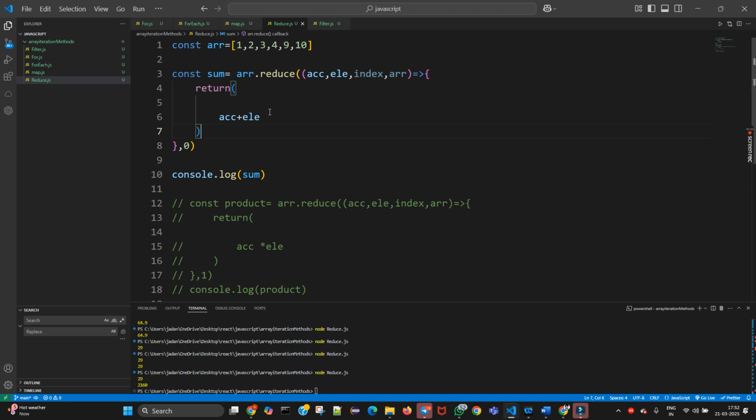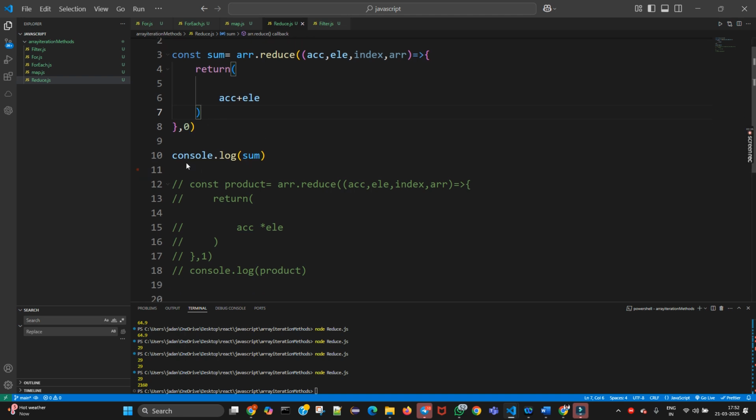The total sum output will be 29, so after printing the sum we get a total output of 29.